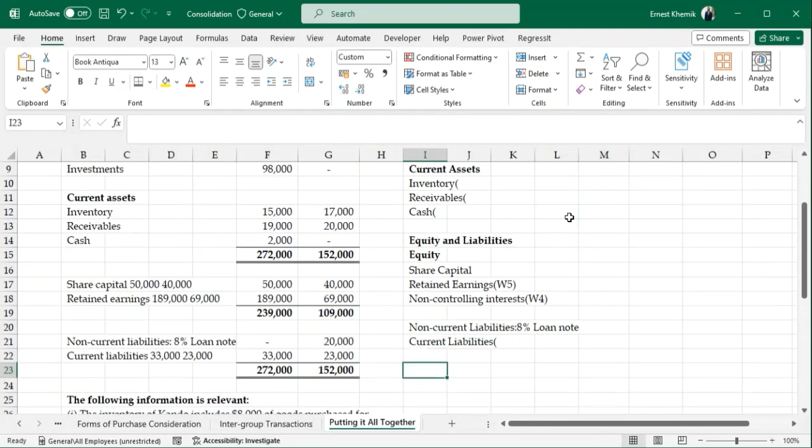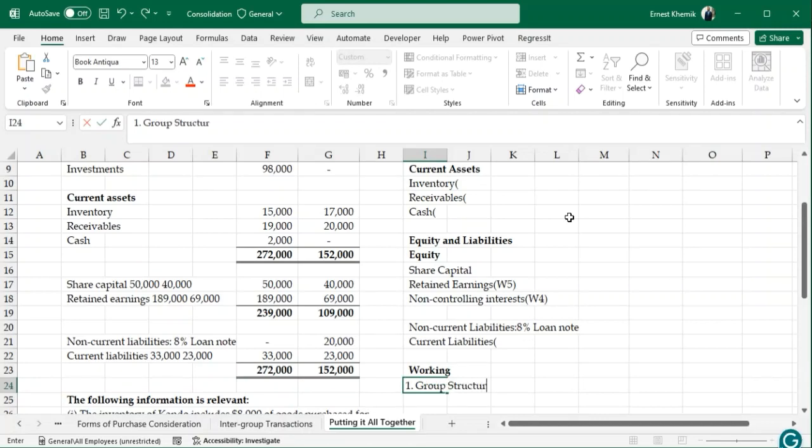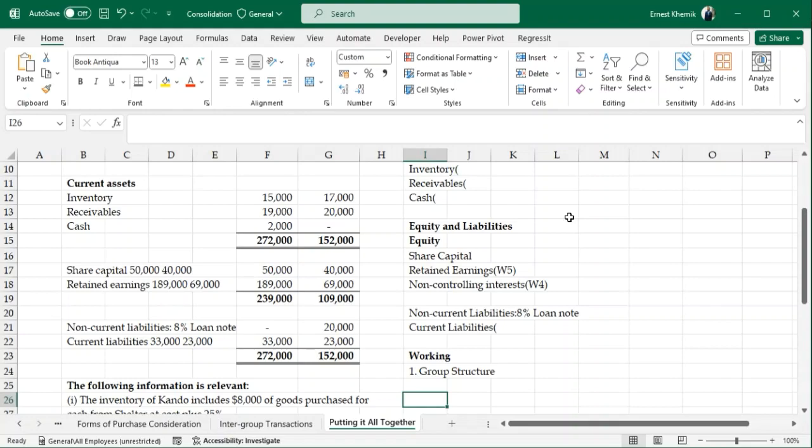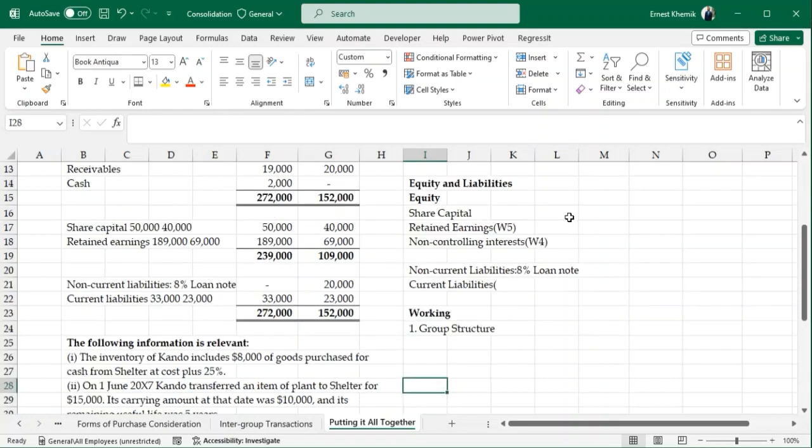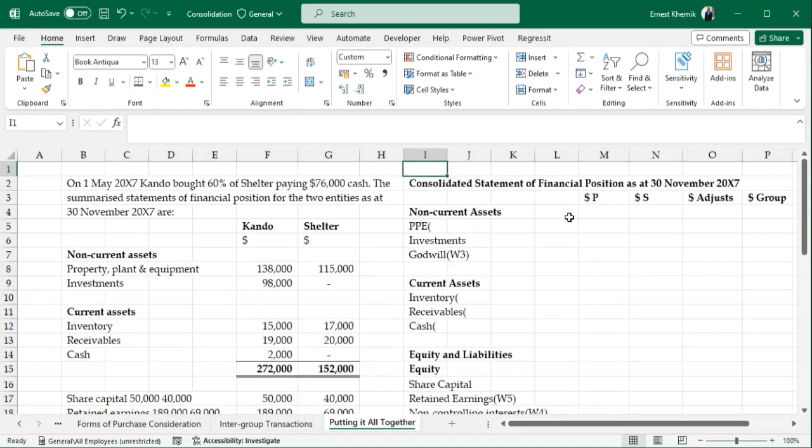Then quickly we go to our workings. That is the second step in preparing your consolidated statements of financial position. So we go to our second step, and the first working, as we have previously seen, is the group structure. So what's the group structure here? Now we can read our question. You have to read the question to prepare your